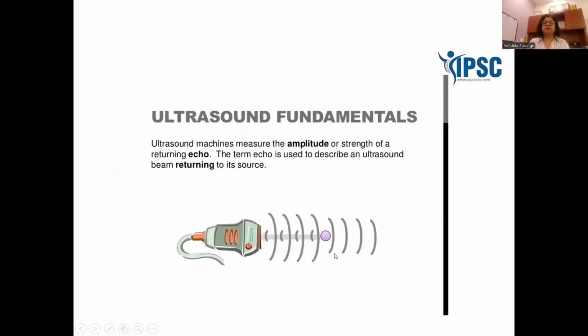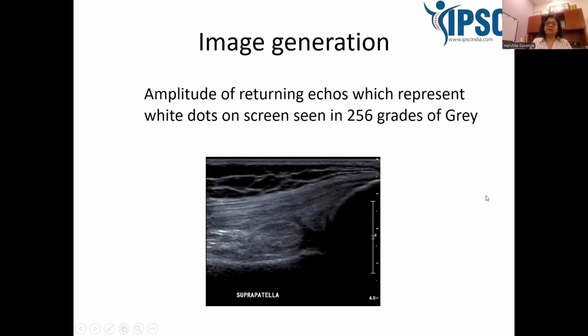Okay, so there are structures which reflect back 100% of the ultrasound beams and a lot of echoes come back, so the image is hyperechoic. But if a structure reflects back 100% of the ultrasound beams, what do we get? We get a hyperechoic image, but we don't see anything posterior to it because shadowing occurs posterior to it. The amplitude of returning echoes, which represents white dots on the screen, are seen as